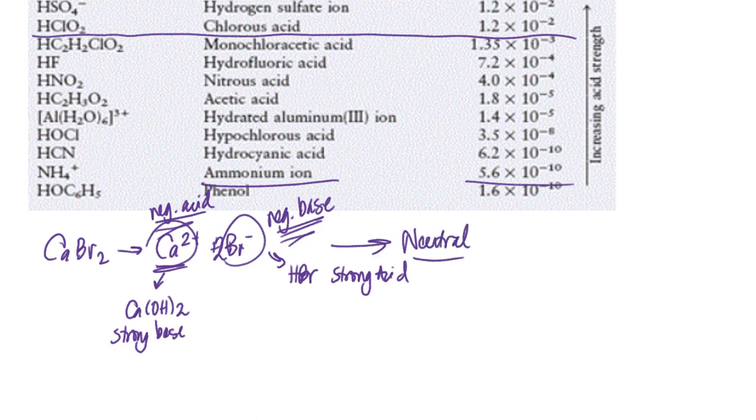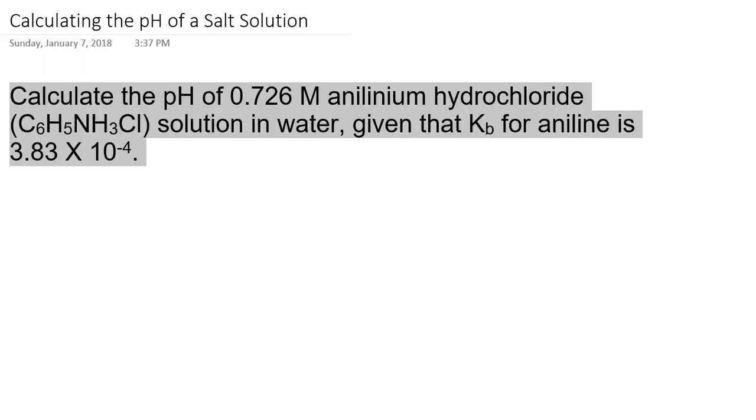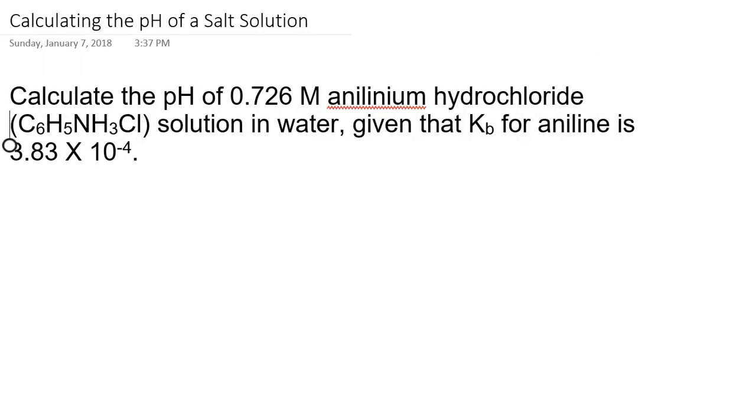Okay. Now, as it turns out, we can do calculations of the pH of salt solutions. All right, take, for example, this problem here. I'm being asked to calculate the pH of 0.726 molar anilinium hydrochloride. And they give us the formula. And the solution's in water, and I'm given a Kb value. Okay, so if I have anilinium chloride,